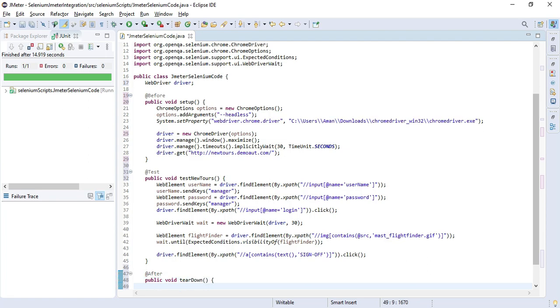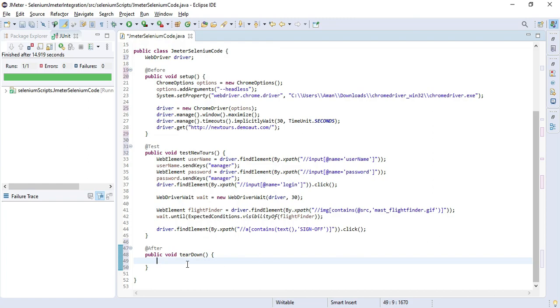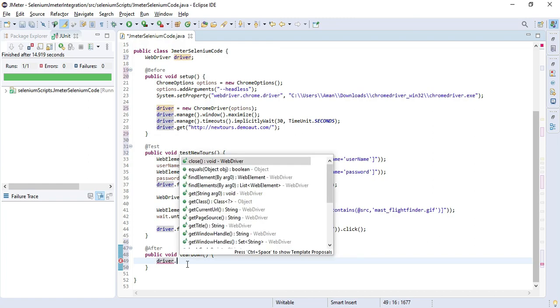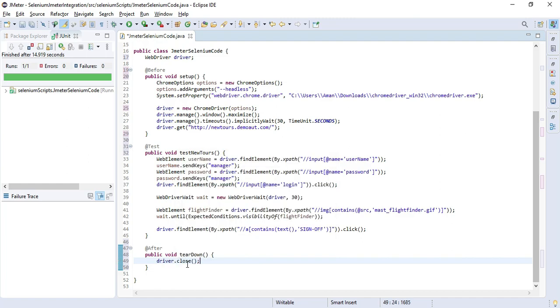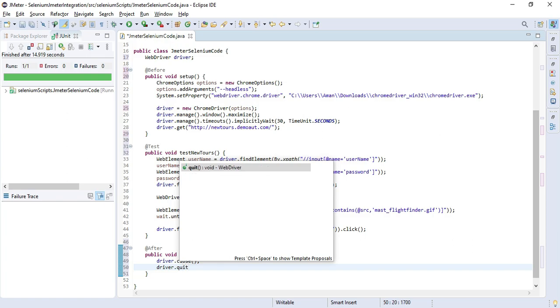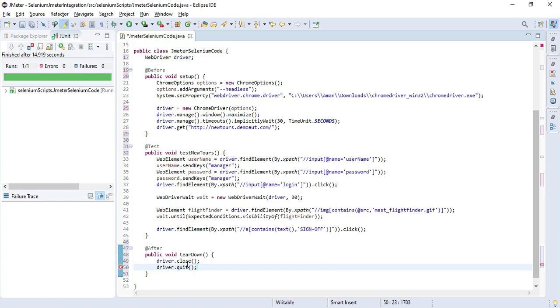So in this method we will close our sessions, and this will close the browser, all the sessions of browsers.